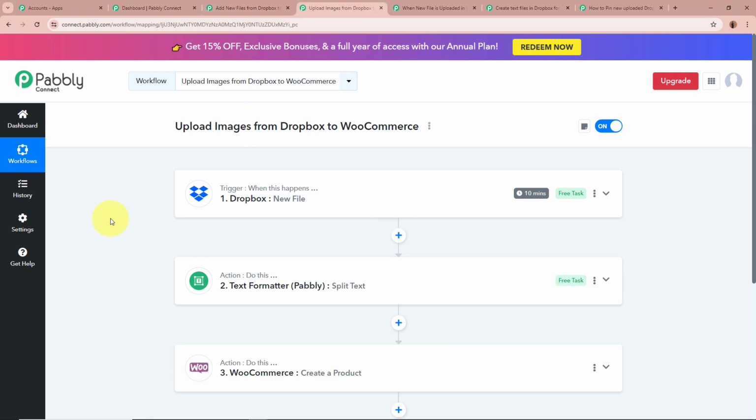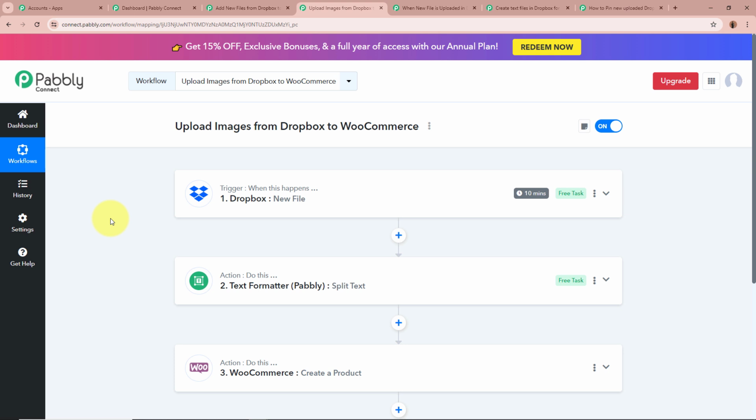Let's move on to our next one, that is how to upload images from Dropbox to WooCommerce. So as an owner of an e-commerce business, I frequently update product listings on my WooCommerce store, and I store my product images in my Dropbox. To save time and reduce risk of errors, I set up the automation that uploads new images from Dropbox directly to my WooCommerce store. Whenever a new product is going to be added to my specific Dropbox folder, with the help of this automation, it is going to be uploaded as an image on my WooCommerce account and attached to the appropriate